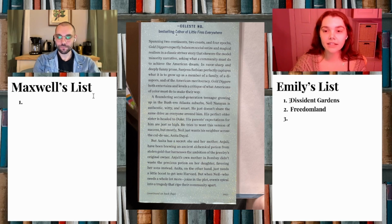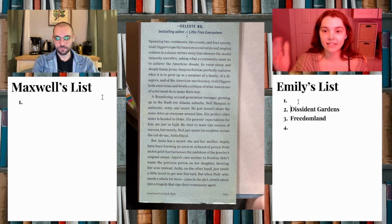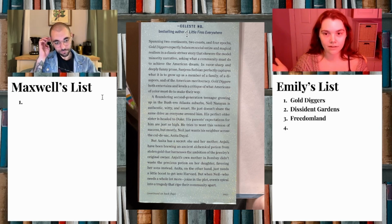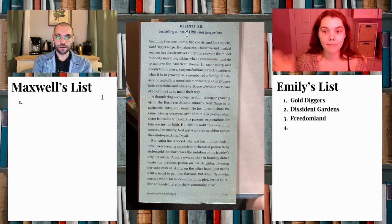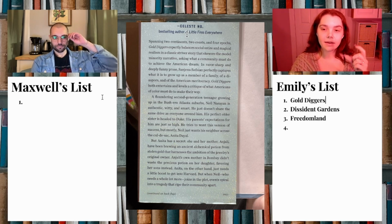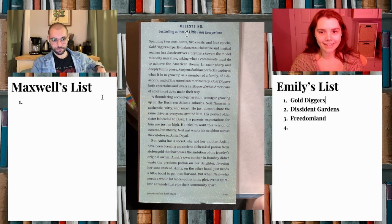I usually like books that span a long period of time, which this says 4 epochs, which I thought was like a unit of time, but now I'm like, maybe it's not. But I thought it meant like an age, you know? It is. I think they're using it maybe loosely here, or there's more going on than we know. Well, they talk about this original jewelry potion, and so maybe there's a little bit of flashbacks or something. So honestly, I'm definitely more likely to read it than the other two, but